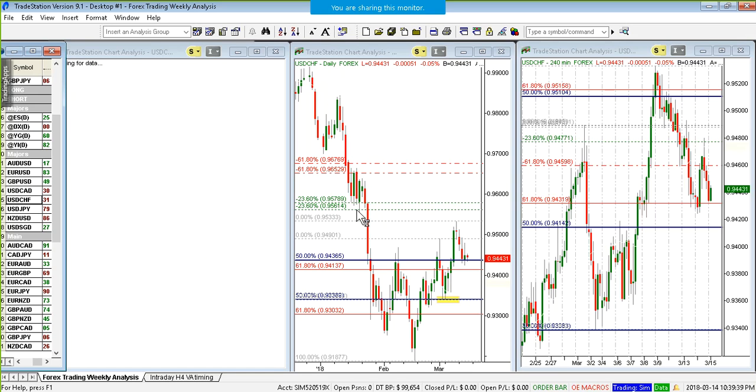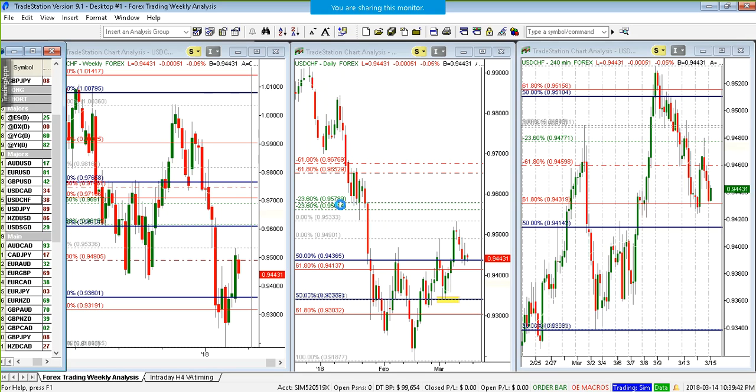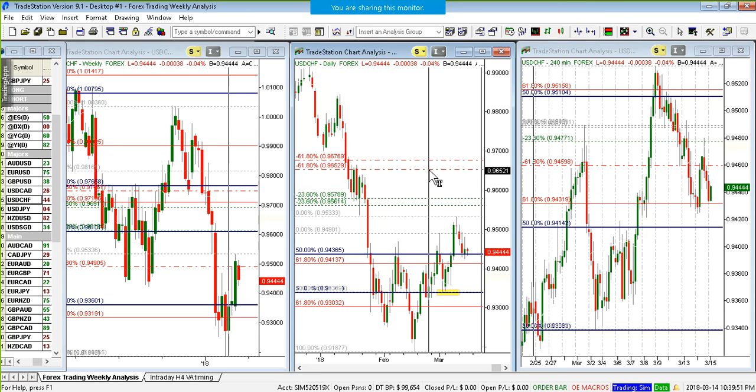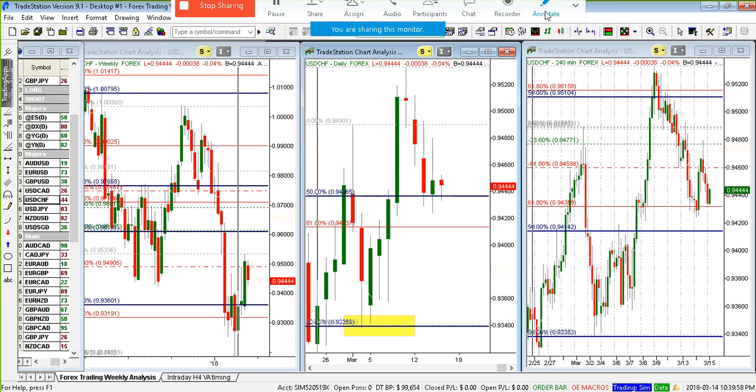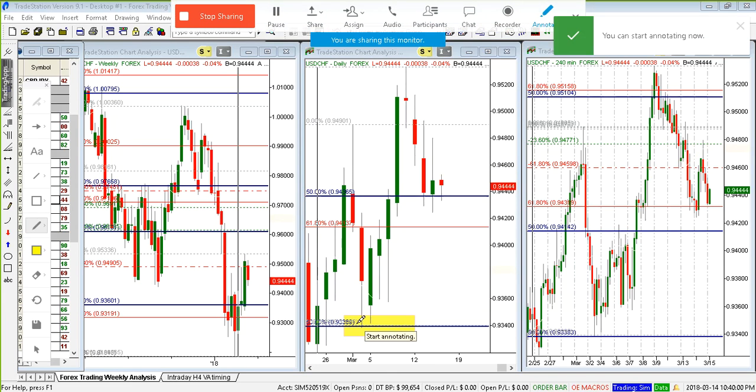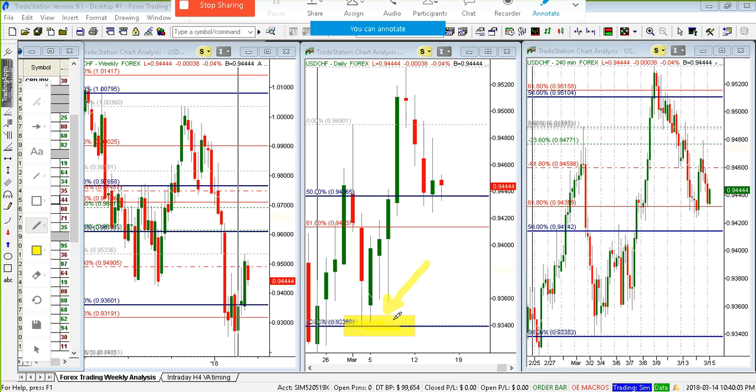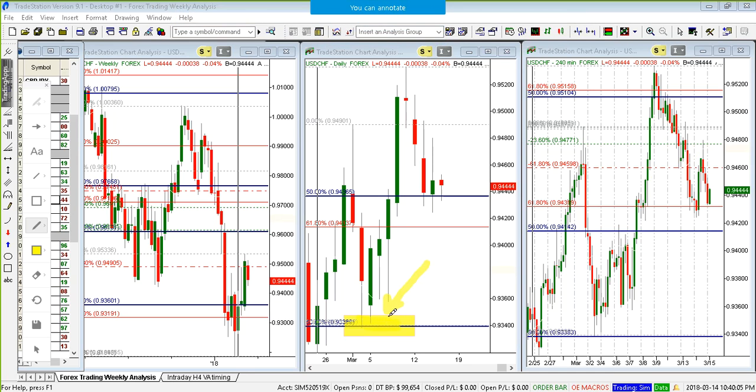US dollar Swiss franc is actually experiencing a weakness here, but that weakness has brought price back into that 50% level, the 94.36. This 50% level is the inner measure move of the larger move that started around 93.40 here, which you see here in yellow. Okay, so an inner measure move has held price once, twice, three times here. The retest here happened three times,